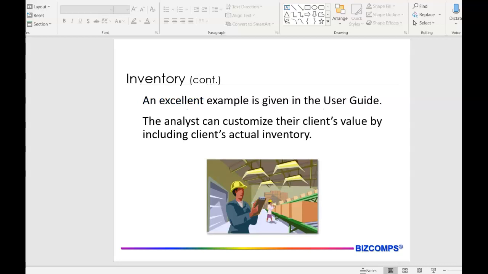You should always add inventory of your subject company to your multiple once you've extrapolated the value by applying it to either SDE or revenue. It's important that you add inventory or your value will be off. There's an excellent example of this in the user's guide. The analyst can customize their client's value by including the actual inventory rather than having a value that has inventory already included in it and you don't know what that is. Again, that's one of the salient features of Bizcomps and why it's important that inventory has been